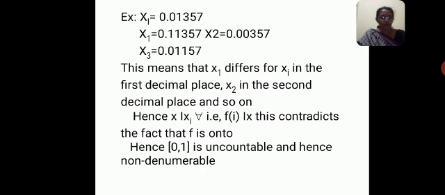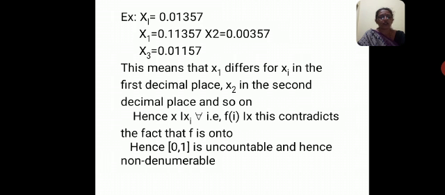and so on, where b_i equals 0 if a_i^i equals 1, and b_i equals 1 if a_i^i is not equal to 1. For example, x1 equals 0.01357, x1 equals 0.11357, x2 is equal to 0.00357, x3 equal to